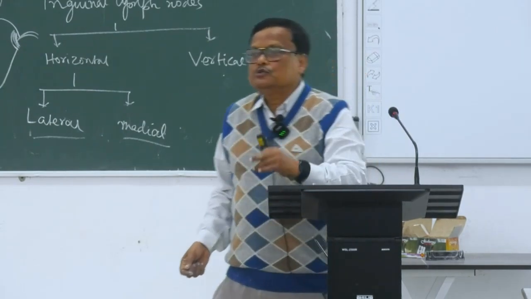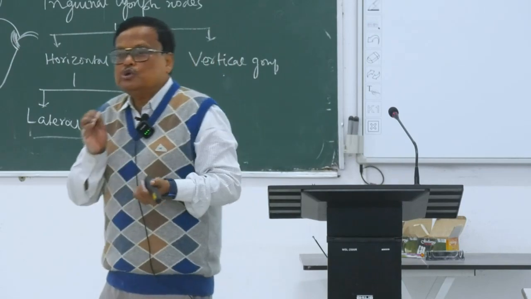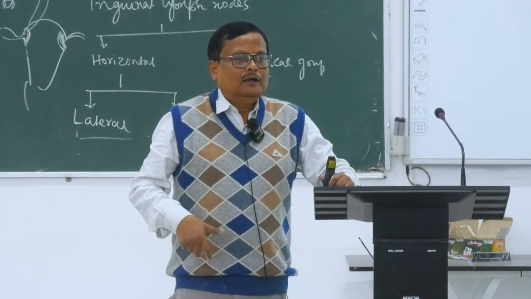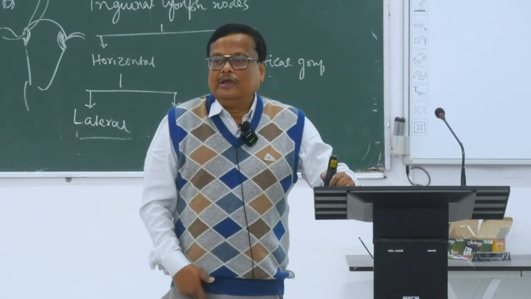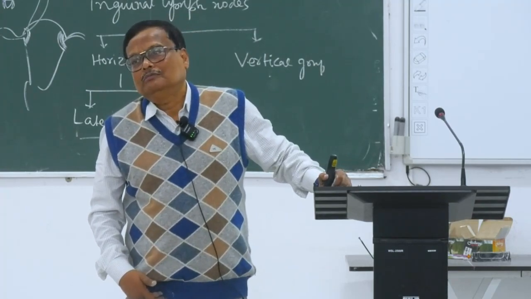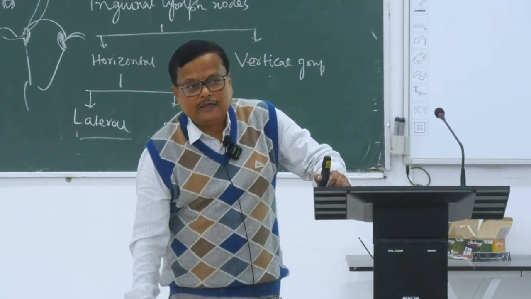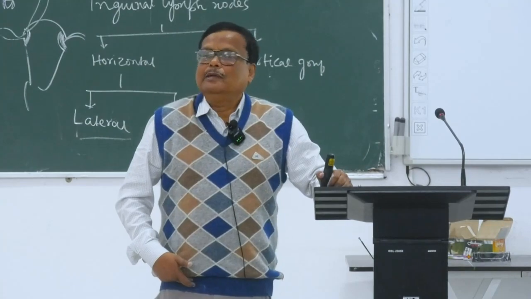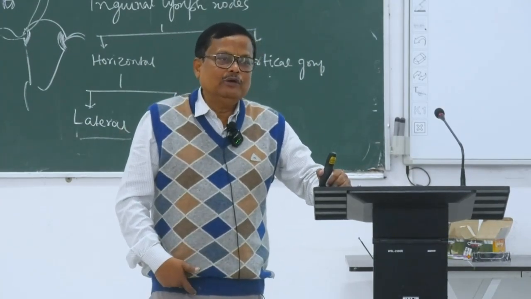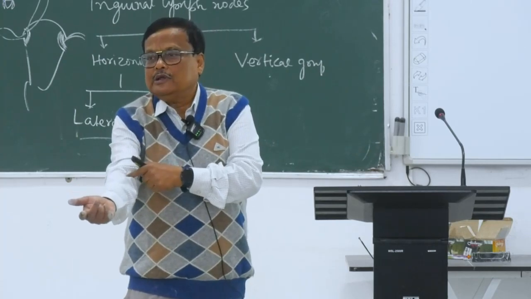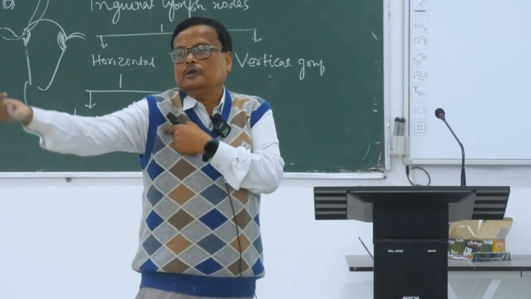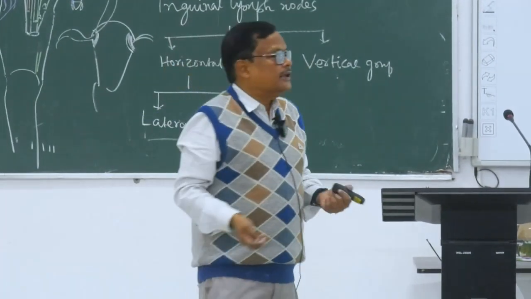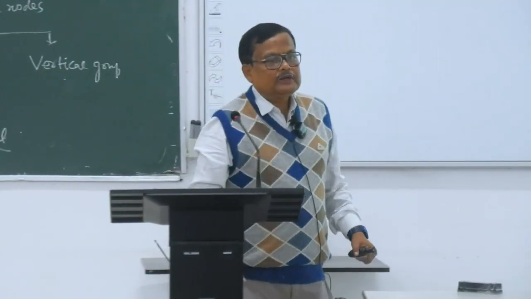মেইনলি থাই। আরেকটা হচ্ছে মোস্ট ইম্পর্টেন্ট, ইট অলসো ড্রেন দ্য পপ্লিটিয়াল লিম্ফ নোড। সো আলটিমেটলি হোল অফ দ্য ইনফেরিয়র এক্সট্রিমিটি, ডিপার এক্সট্রিমিটি ড্রেন ইনটু দ্য ডিপ ইঙ্গুনাল লিম্ফ নোড। কারণ বাকি যেগুলি লেগ থেকে, দে ড্রেন ইনটু দ্য পপ্লিটিয়াল লিম্ফ নোড, আর পপ্লিটিয়াল লিম্ফ নোড এগেন ড্রেন ইনটু দ্য ডিপ ইঙ্গুনাল লিম্ফ নোড। তাহলে আলটিমেটলি সব ডিপ ইঙ্গুনাল লিম্ফ নোডেই এলো, লাইক দিস কিউবিটাল নোডস, কিন্তু আলটিমেটলি কিউবিটাল নোড ড্রেনস ইনটু দ্য অ্যাক্সিলারি নোডস। কেমন? তাহলে আরেকটা কি আছে ডিপ নোডস, সেটা হচ্ছে popliteal lymph nodes.